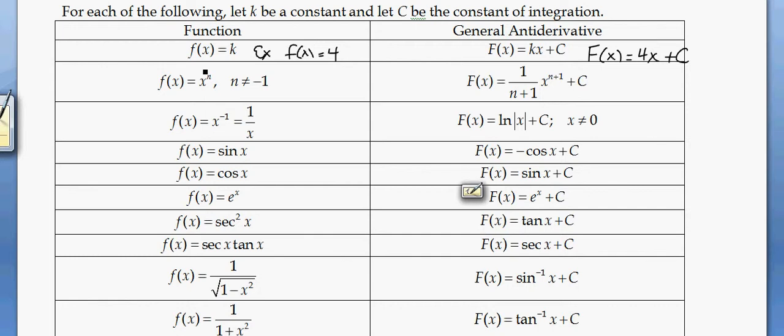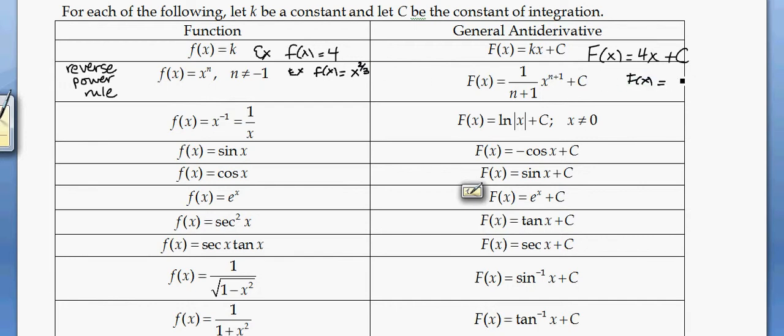The rule that we kept using over and over again, I think of as the reverse power rule, because we are taking an exponent, x to the n. This is when n is not equal to -1. And notice that every time we add 1 to the exponent, and then we have to multiply by the reciprocal out front. So some examples, if your function was x to the 2/3, then for capital F,